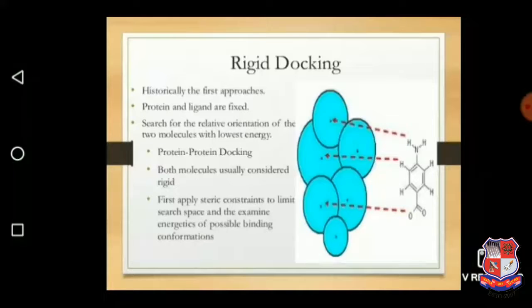So rigid docking is historically the first approach, and here you can see the molecule and the docking surface. In that, the relative surfaces are drawn from the various functional groups attached to the benzene ring. The structure provided in this illustration has the steric part, and the steric constraint is there, and during docking the software will generate a kind of grid lines. Those grid lines ultimately will affect the final surface of that drug binding site.